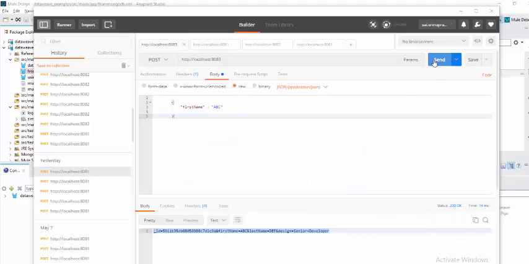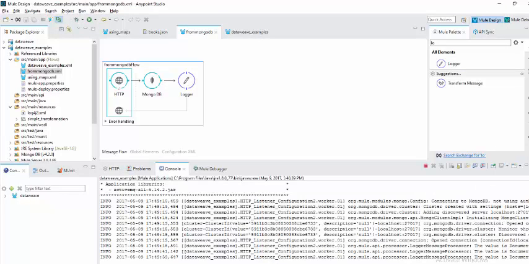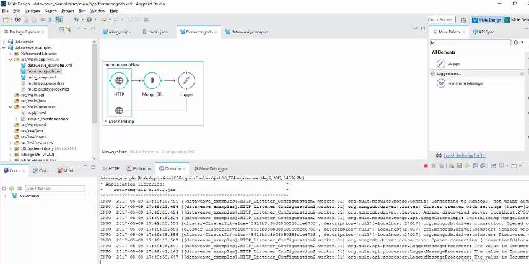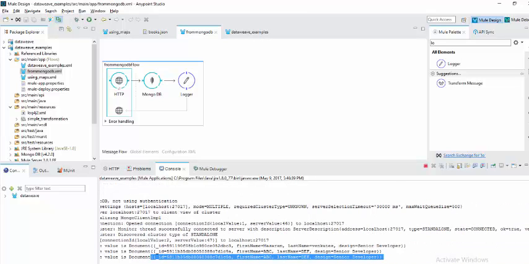So here I am searching for the first name ABC. So here we got the response. This is the ID number for ABC, and if you see the log console over here, I have the document over here, ABCDEF senior developer. This is coming from this logger statement.